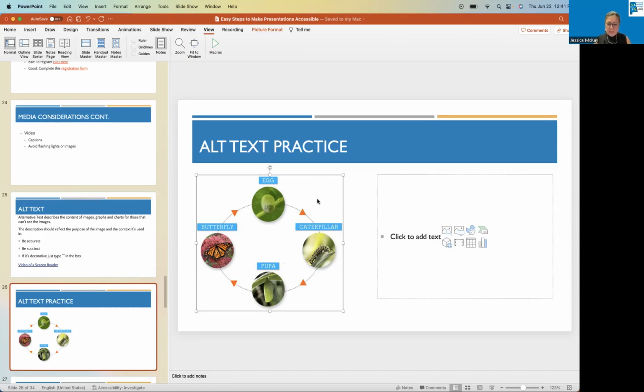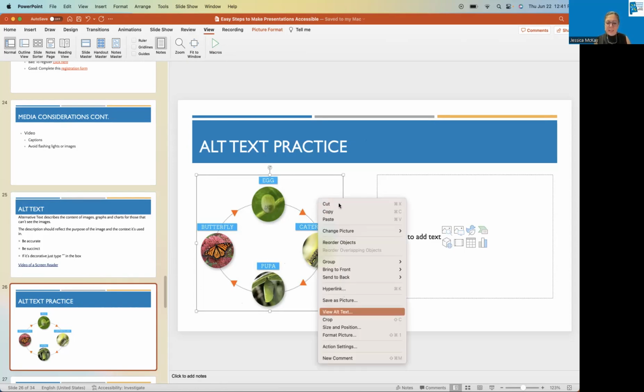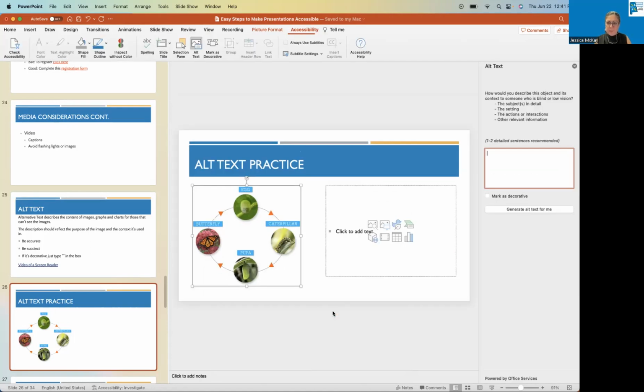So I have the image. I'm going to right click, and in that drop down menu, towards the bottom, it says view alt text. Over on the right side of my screen, Microsoft gives me a little bit of information and guidance. It says, how would you describe this to somebody who is blind or low vision?